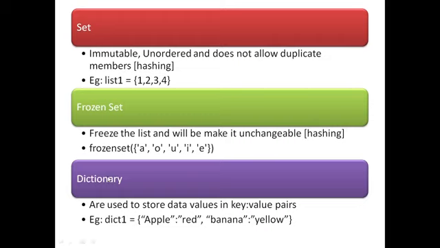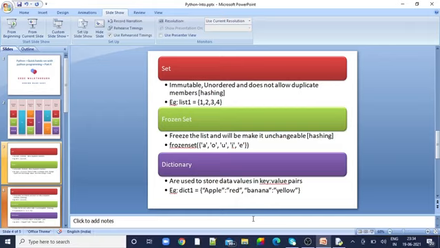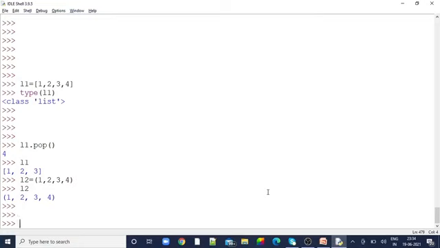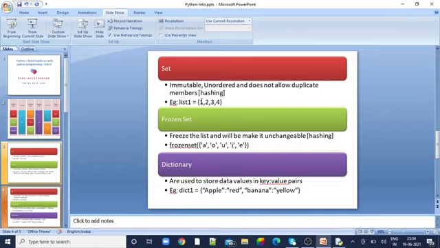Next, dictionary. For example, I have a name against my telephone number. That kind of key value pair is what we call a dictionary. This is how we represent the dictionary format. Now let me go into detail about the set. For a set, we basically use the flower braces.